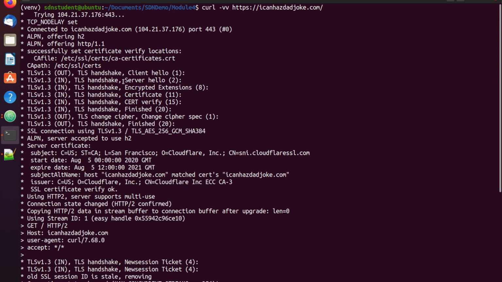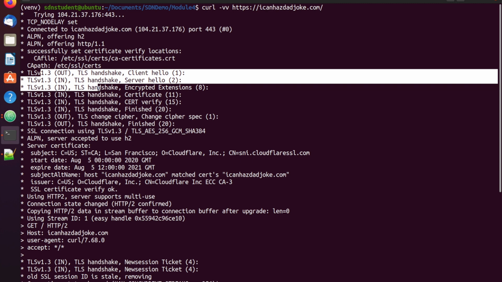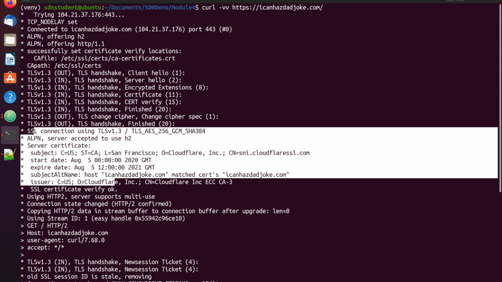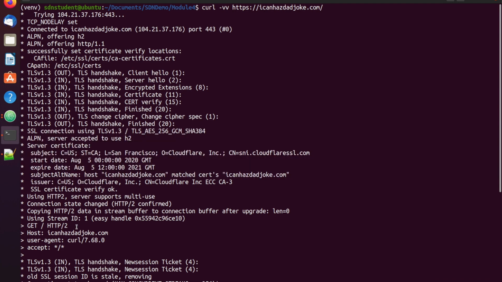So what we see here is the connection to the API server. Up here, it's connecting to the server on port 443, and it's just giving us some information about connecting. So here we can see the connection was set, and we were connected. Here's all of our HTTP SSL stuff so that we are secured. So here's our SSL handshake, the server certificate to encrypt the data, and what I wanted to get to was